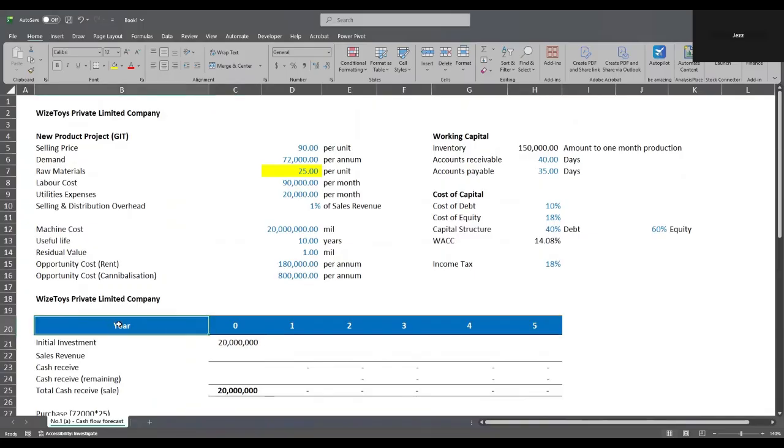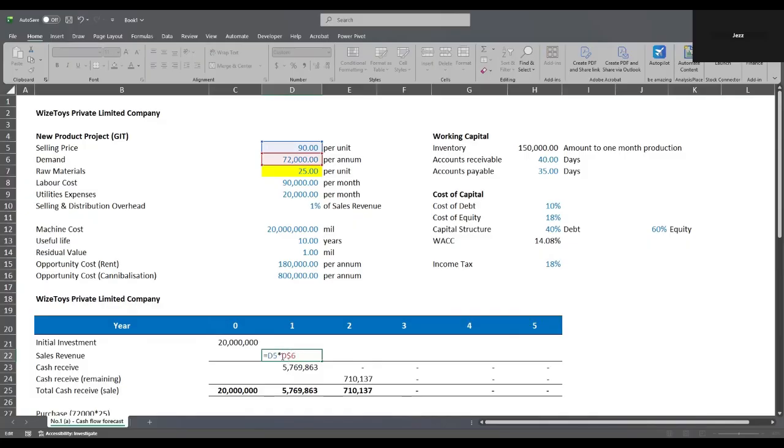Now we break down for year 0 to year 5, and then we are going to input the value. Let's say the selling price is 90 per unit, and then demand is 72K. So we get the sales revenues is 6 millions, and then we are going to drag the figures,